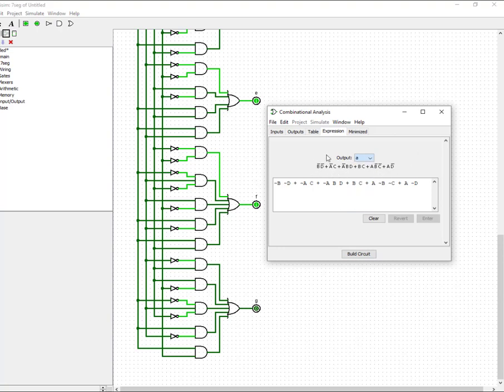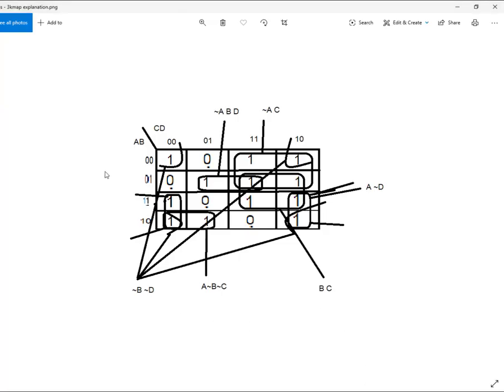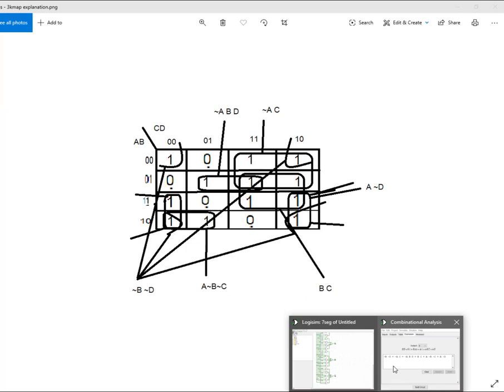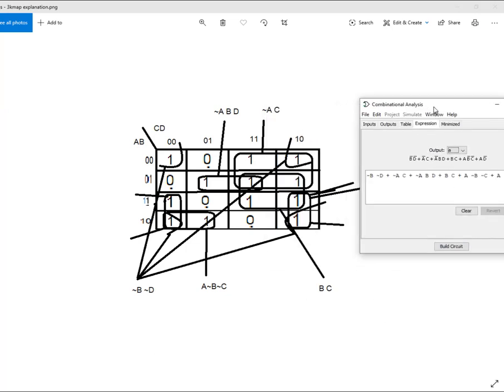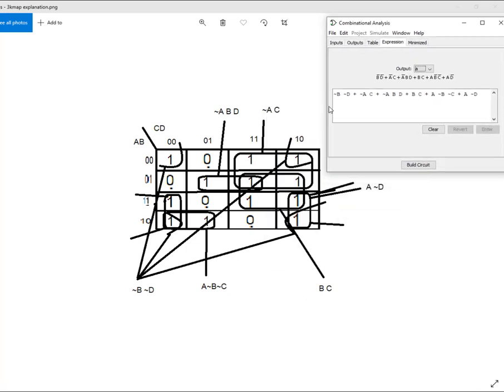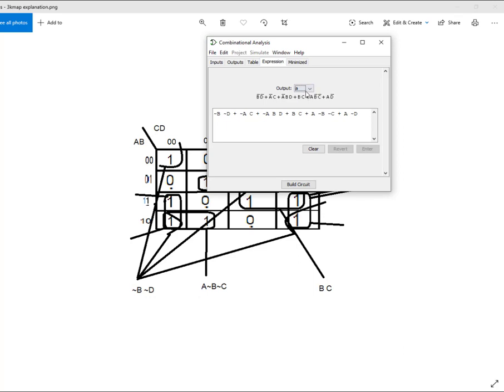If you see the expression we got with the K-map, and this one, they will be the same. Let's check. If you see, it's negating B and negating D. So likewise, if you want any other output expression, you can note it down from here. I suggest you note these values down on a piece of paper, which will help you in doing